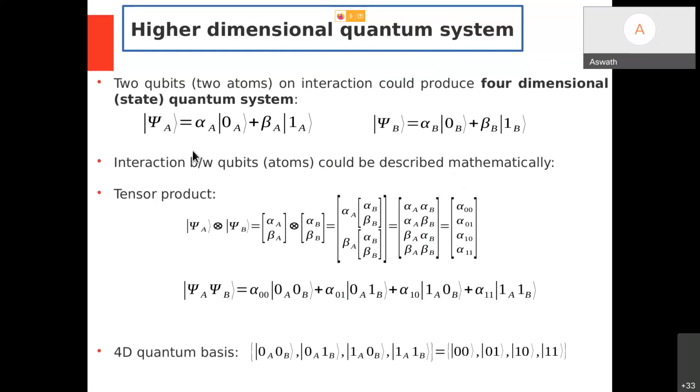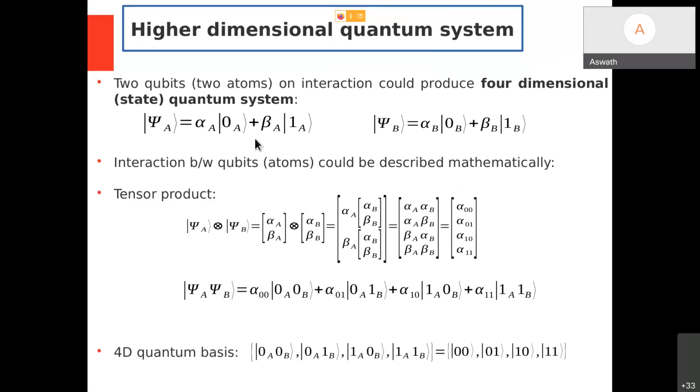One way is to take multiple orbits, right? So a given atom can have only a certain number of distinct orbits, which can be easily discriminated. Okay, so that's a constraint there. So what I will do, I will combine two quantum systems and create a higher order quantum system. How can I do that? Very simple.